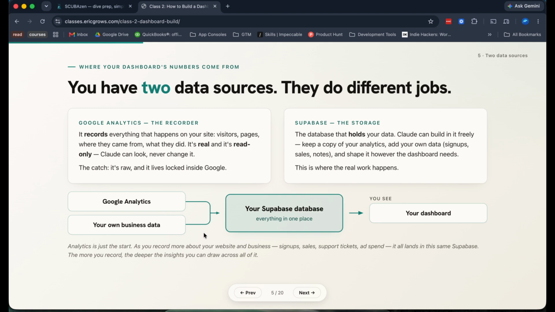But what's really great about this is that as you have more business data and other data sources, and you want to track other things like product performance or marketing performance, social media performance, any data source that you want can still work in this model. You'll just be adding them in your own business data as a different data source, but it all gets centralized here in the Supabase database. And this Supabase database is what feeds your dashboard. And so these two steps are what we're really building today.